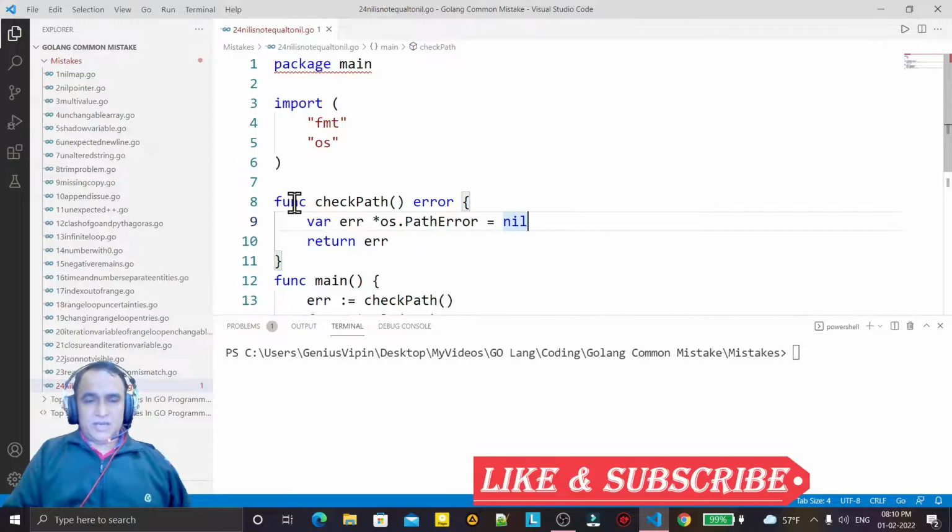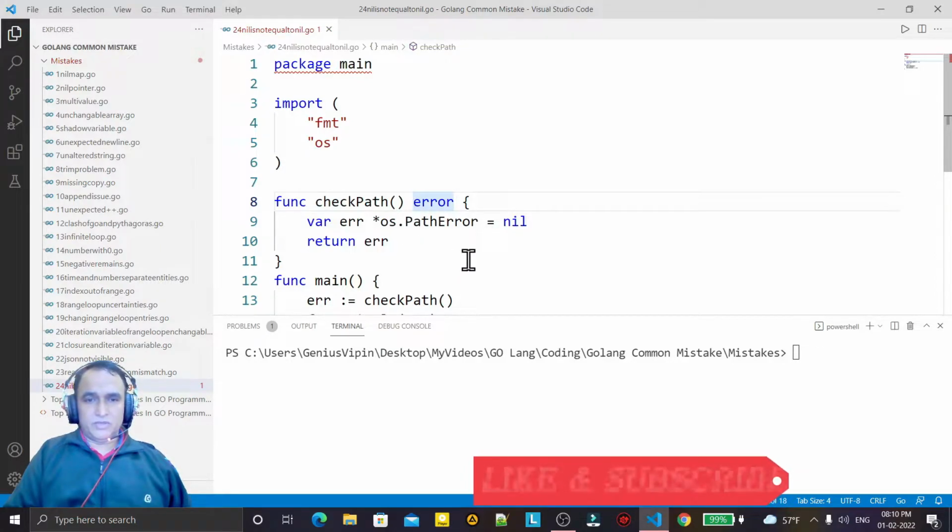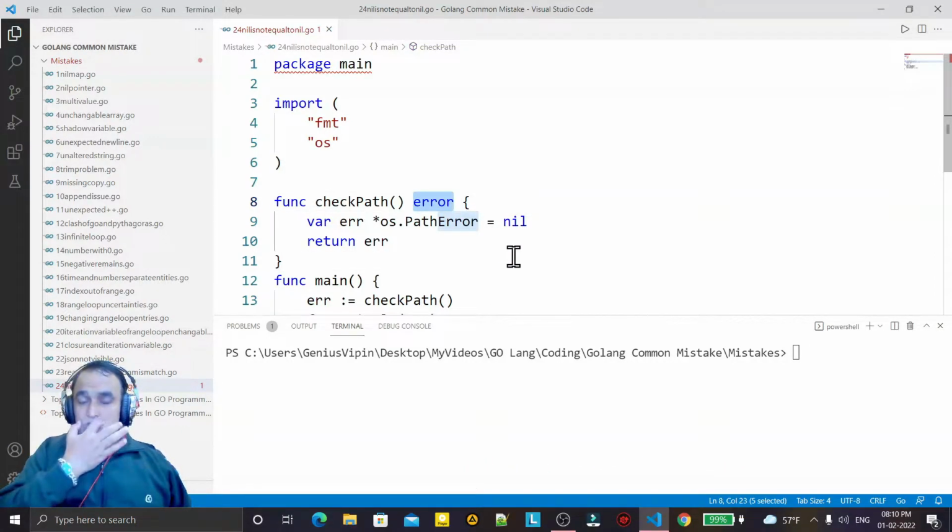You see that we have one function here. In this function we have a check path, you can give the function any name. This function is returning an error. So here I just create the object of os.PathError